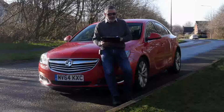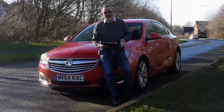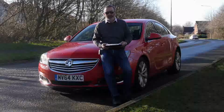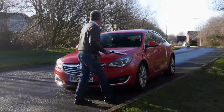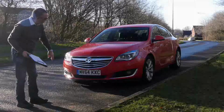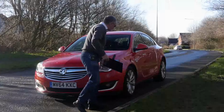MOT is only till the 13th of March 2019, so we'll get that done for 12 months. And we'll also service it before it goes out. Nice finish on the front, big bright chrome grille and the chrome trims around the fog lamps there. Running lights, xenons,